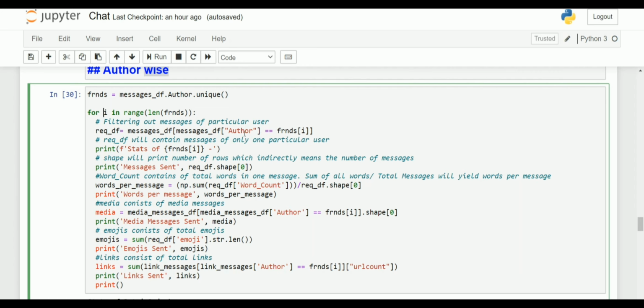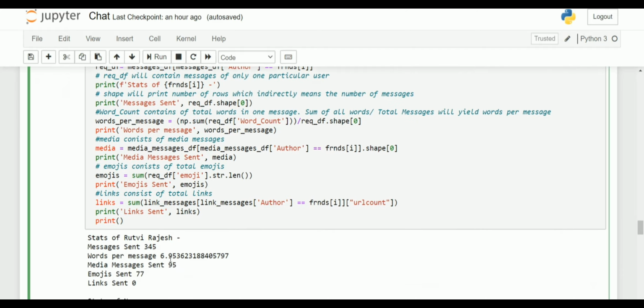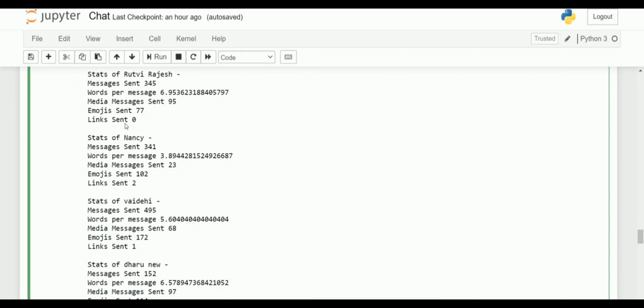If the match is successful, then all the statistics of Rutvi will be shown: the number of emojis sent, number of links sent, number of media messages, number of words per message, and number of messages sent by Rutvi. So here you can see that Rutvi has sent a total of 345 messages, words per message is 6.95, media messages is 95, emojis sent 77, and links sent is 0.